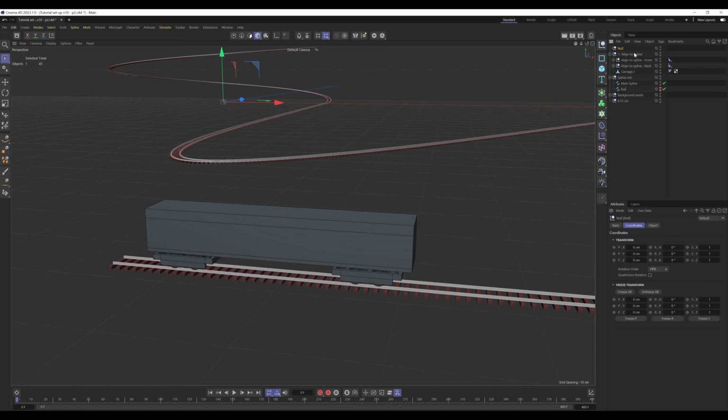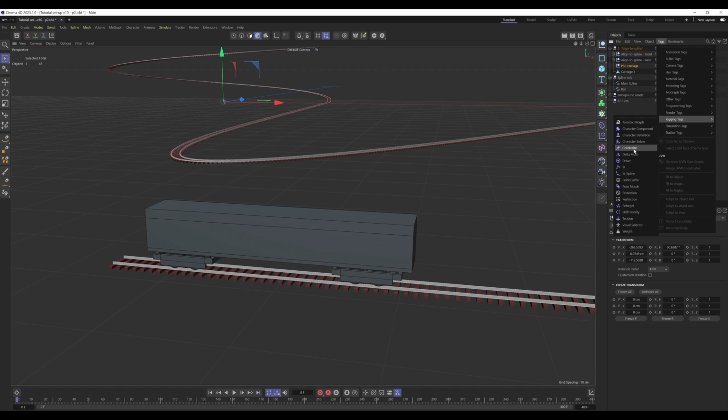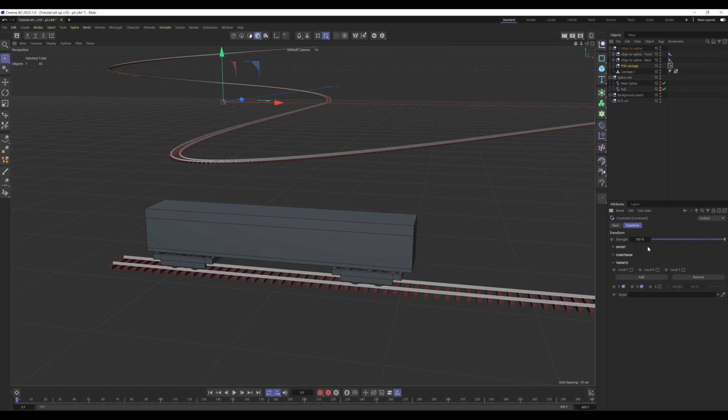So what we're going to do is create a new null, PSR carriage, because we're going to use a PSR constraint. Go into tags, rigging, constraint, transform. This used to be called PSR, that's why I've named it that. Going to get two targets. If you haven't figured it out already, the front will be the first target, and the back will be the second target. So what this is doing is basically pinning this null between the positions and rotations of these two